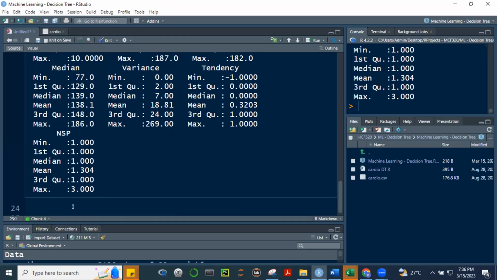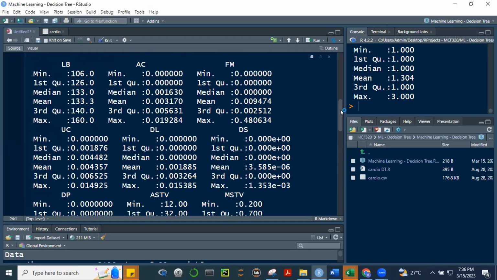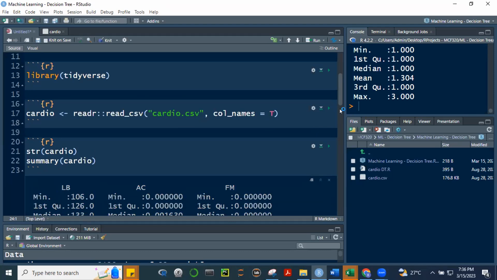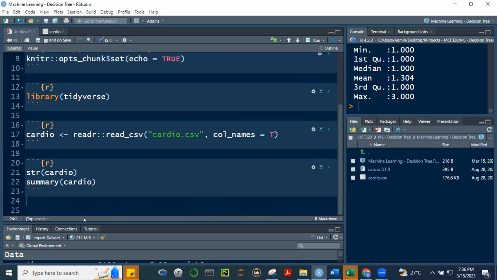Okay? So what we're going to do now is i-convert natin si NSP into a factor. So let's write that here. Okay, convert NSP variable into a factor.